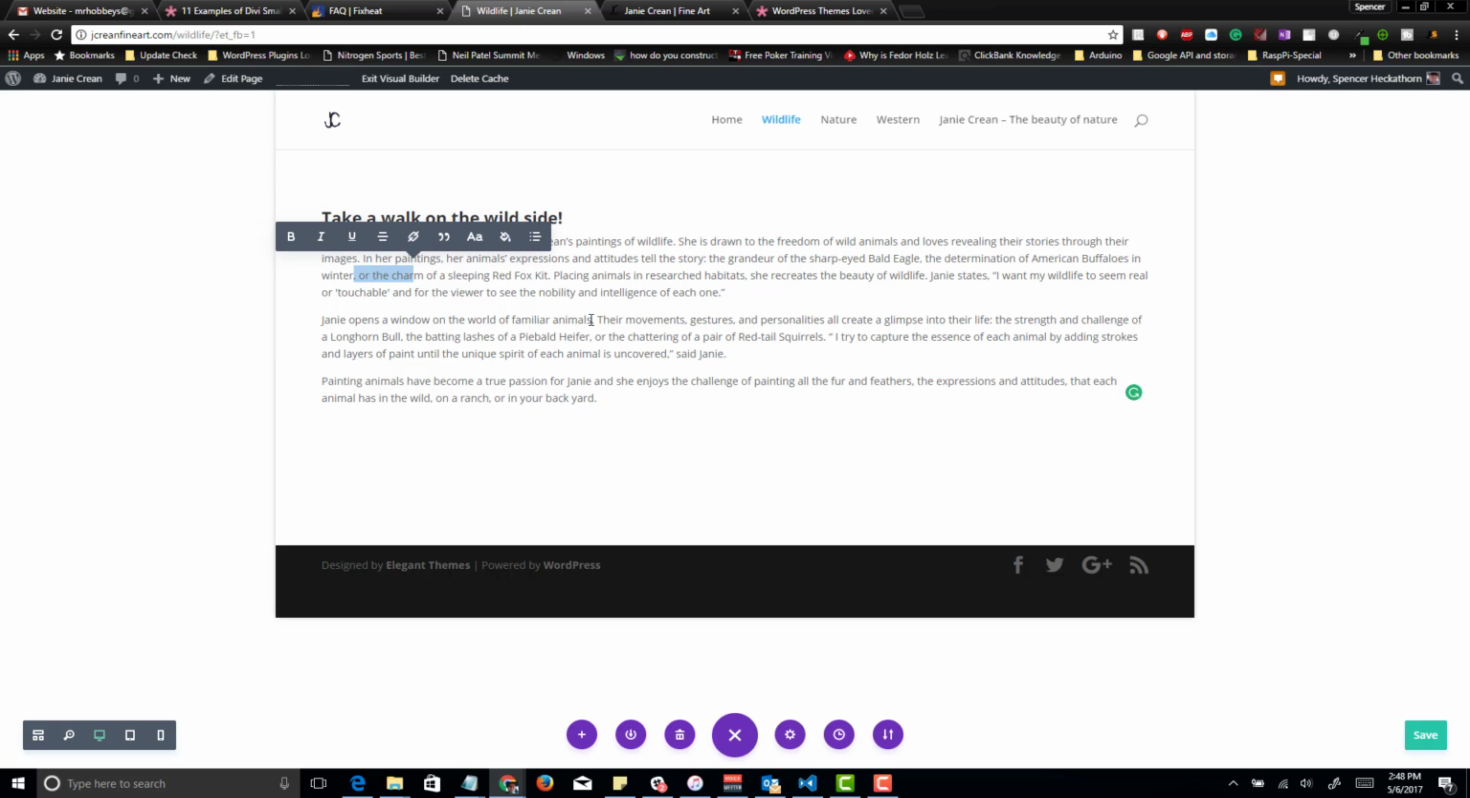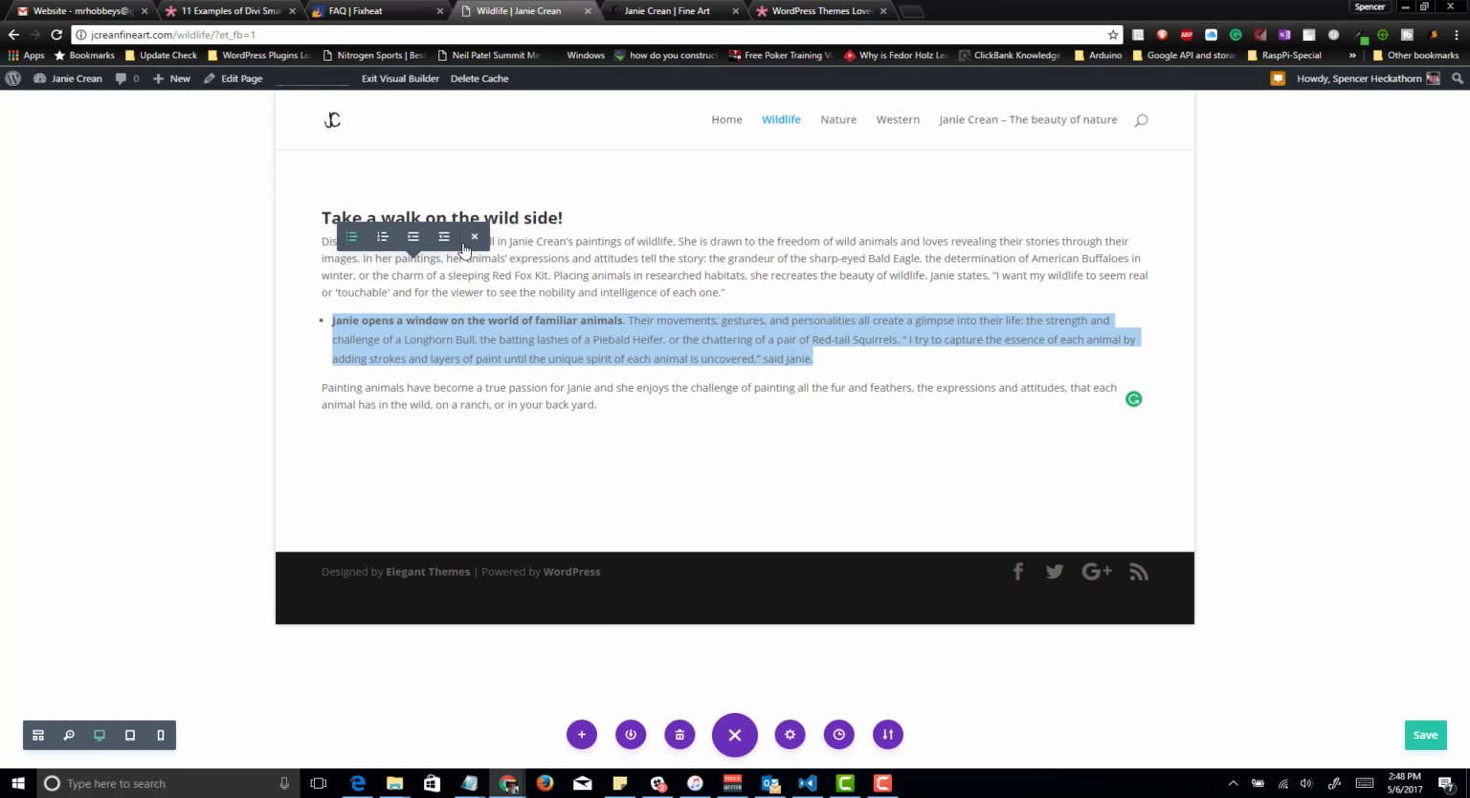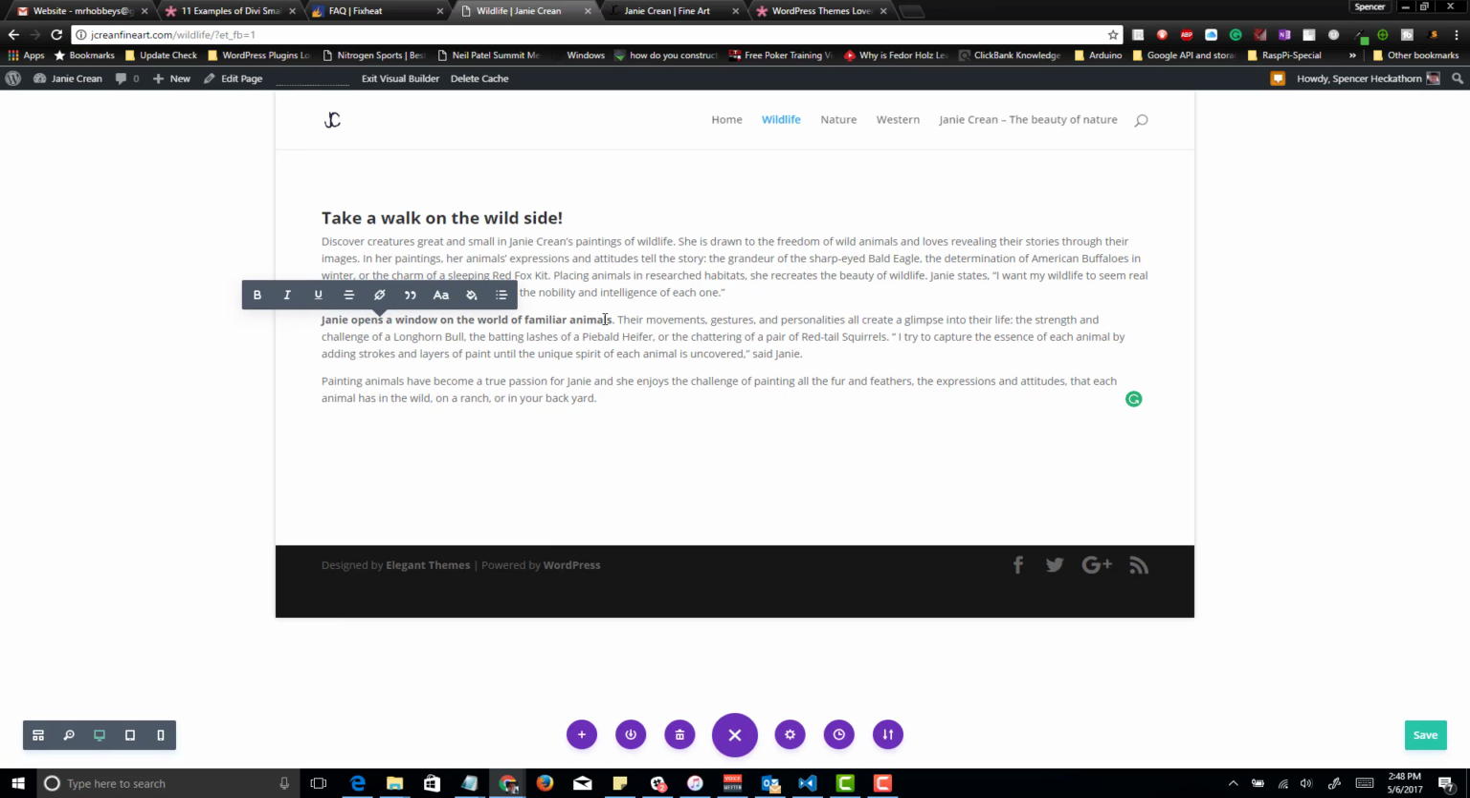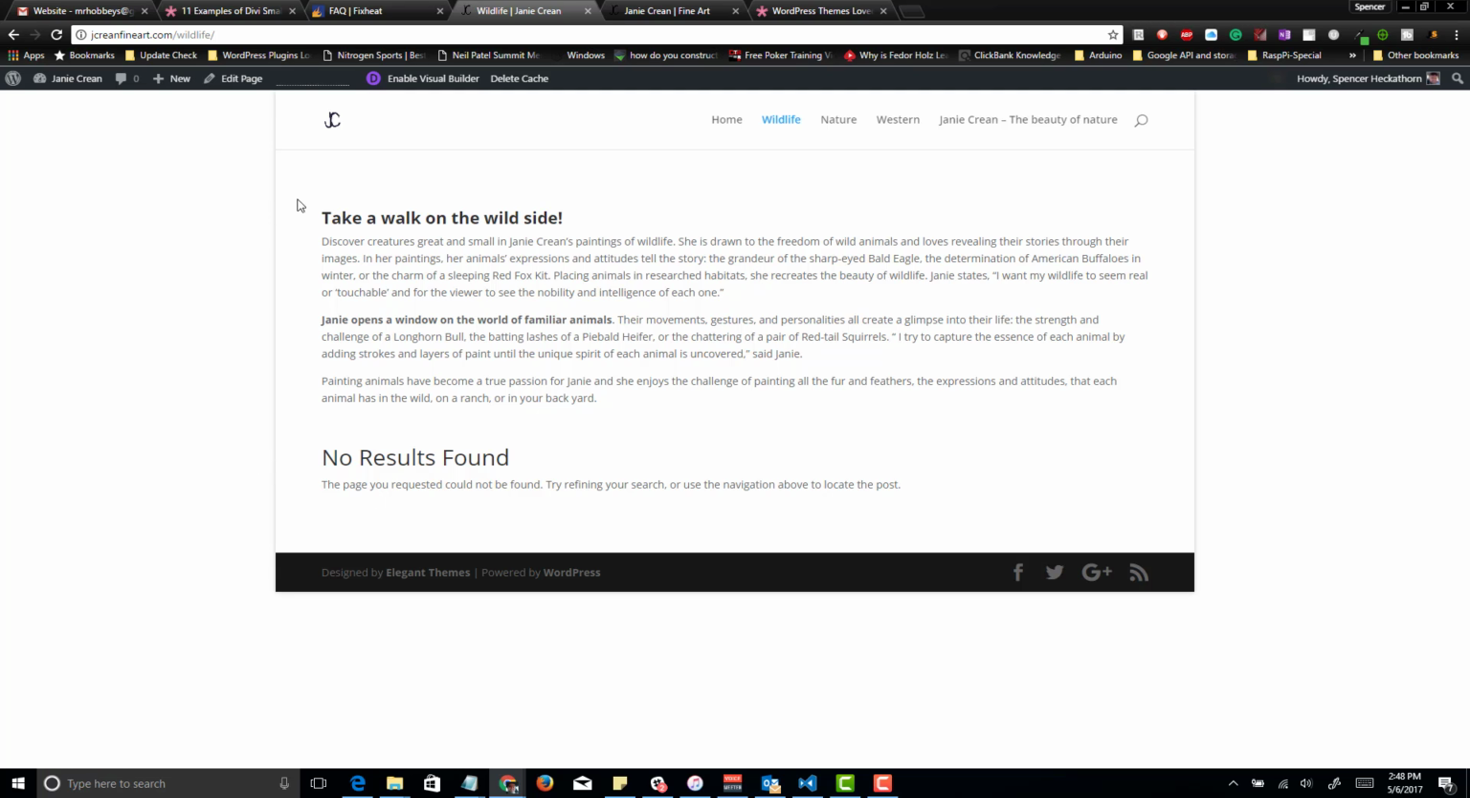So we can do the same thing for this one. Say bold. That's not what we want. But you can see I can make these changes on the fly, and you don't have to know anything special. And if you do have to know something, we've got the guide on the back end to help you with that. So if we save this and then we exit the Visual Builder,